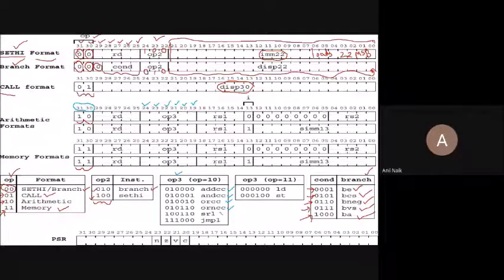Then SRL, shift right logical, SLL, shift left logical. Okay, then JMPL. JMPL means it will jump. So here in OP3,